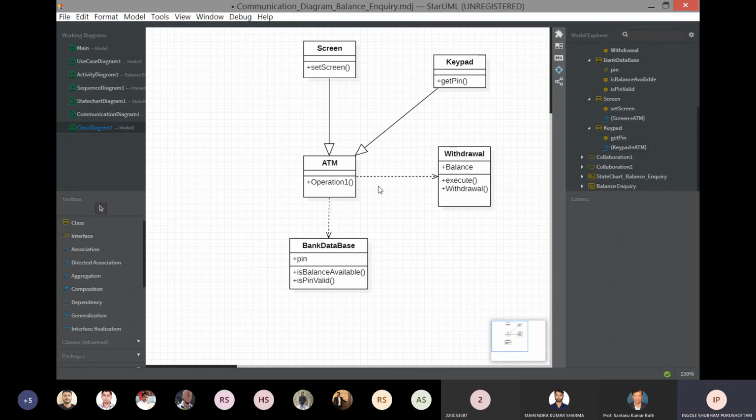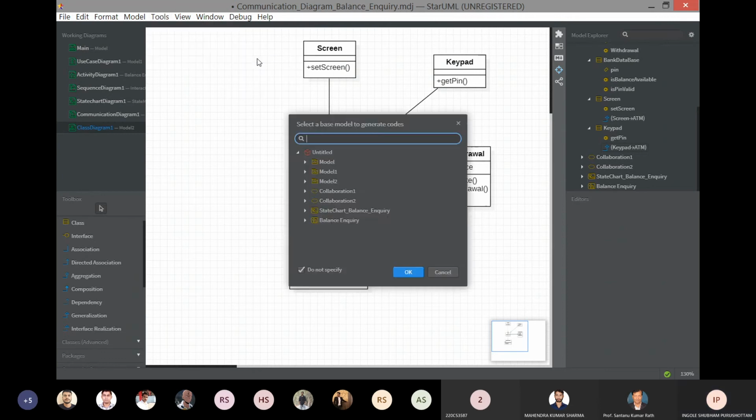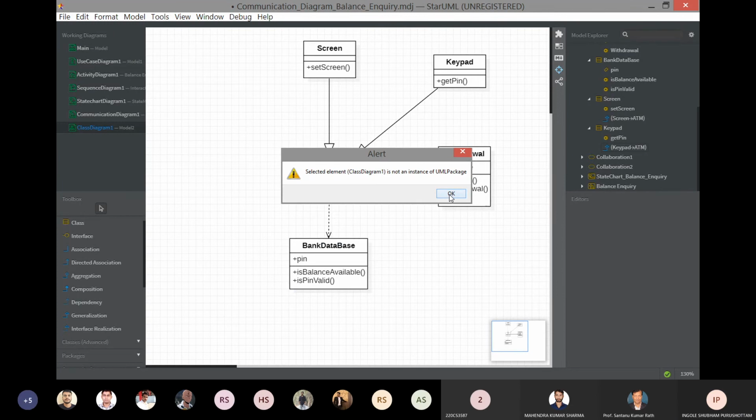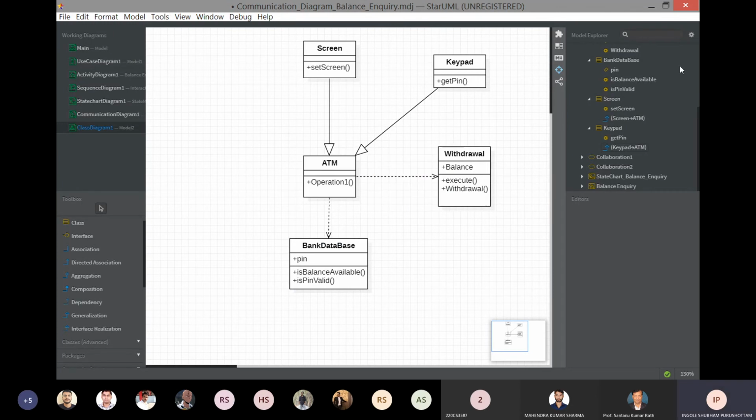So now I have drawn this class diagram. I will show you how the code is generated. Go to tools, Java, and here is the option generate code. So I will select the class diagram. This is model 2. Okay, it's showing some error.